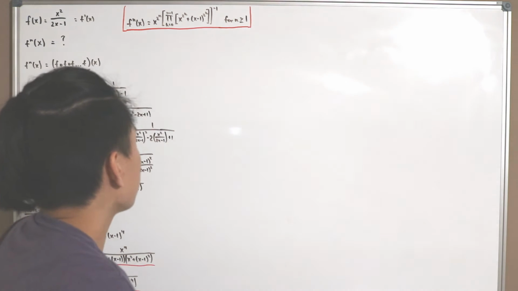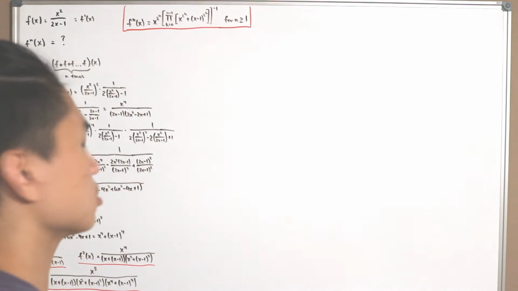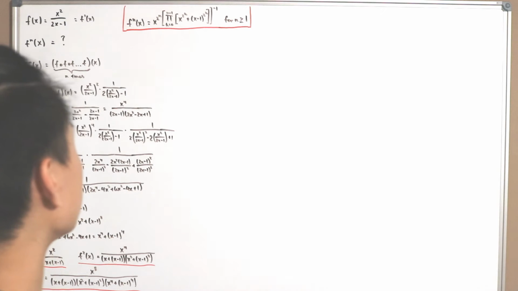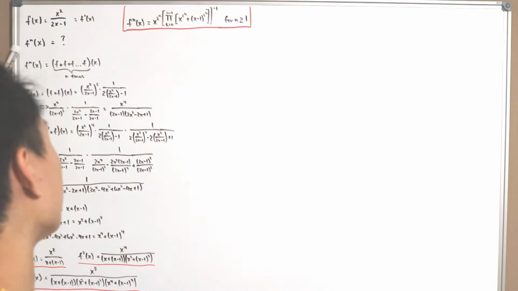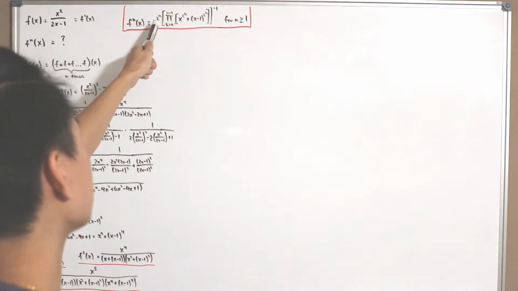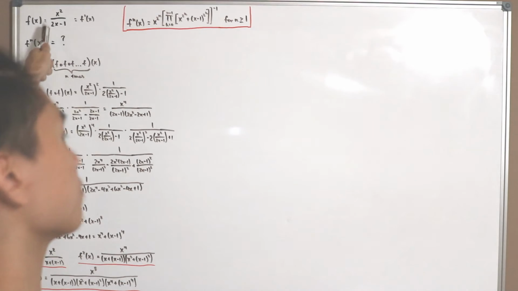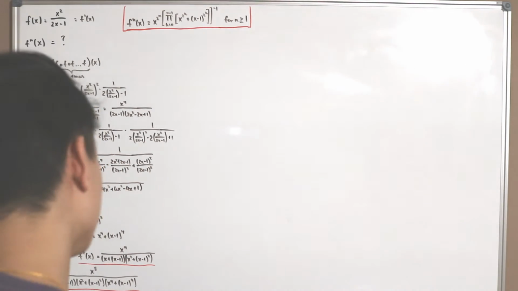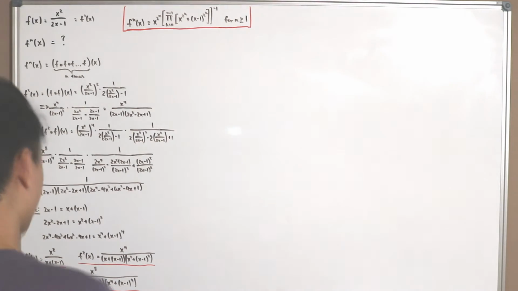So the first step is the base case. I don't even need to write the work, because we just need to show that n equal to 1 works, which we did. It's already obvious that if you plug in 1, you get the same thing as our given f of x, so that holds. Nice. So now let's assume that